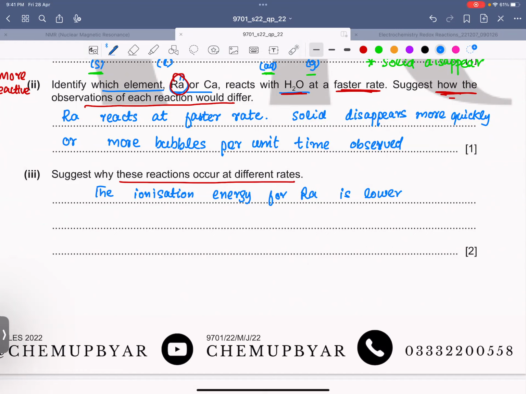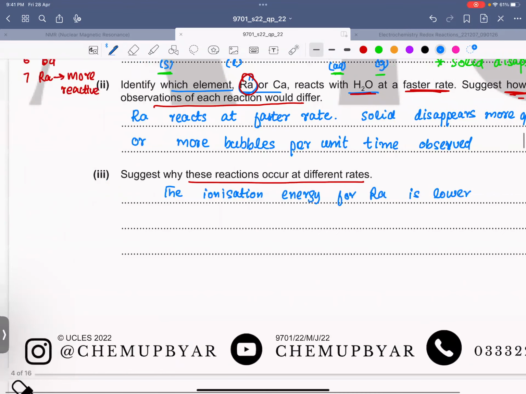Is this part understandable? Yes. So for the second mark,